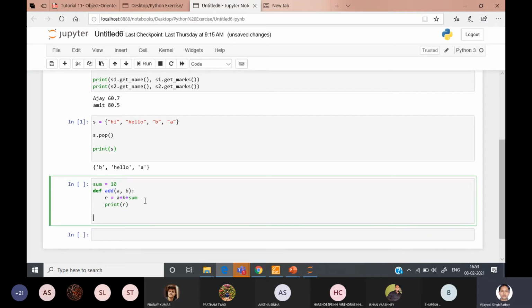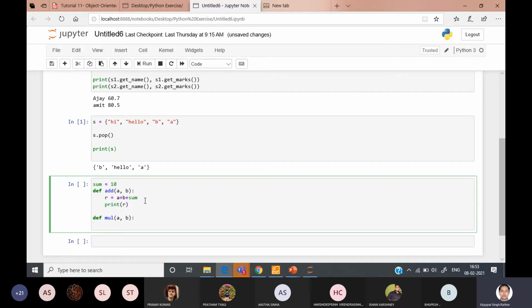Similarly, I want to write another function, def multiplication. Inside this multiplication, I want to pass a and b as arguments. But inside this, I am writing r equals a into b. But unfortunately, I incorrectly mentioned sum here in the multiplication.